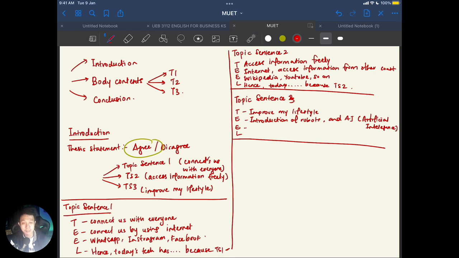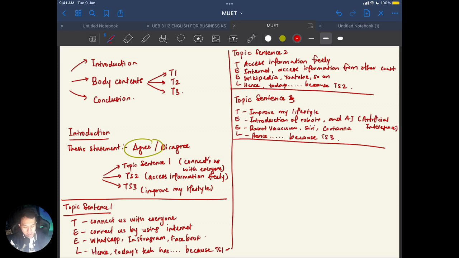So for example, what is the kind of robots that we have? Maybe nowadays they have that robot vacuum. And then maybe we talk about Siri. We talk about Cortana, Microsoft. Okay. And so on, and then after that, hence, because